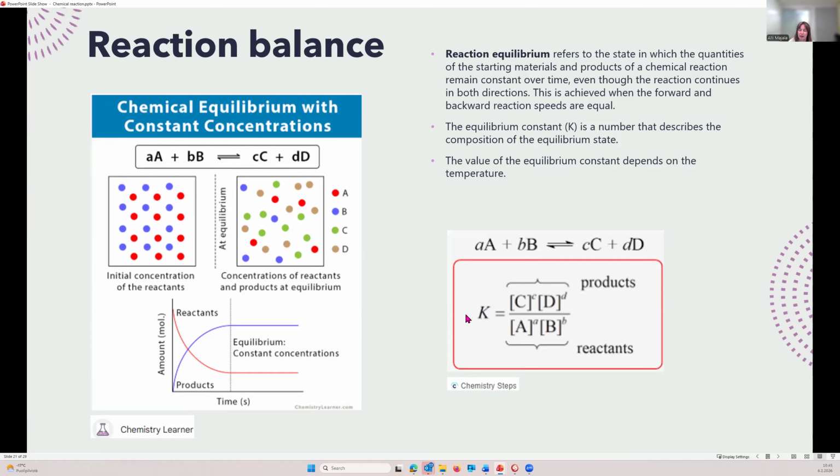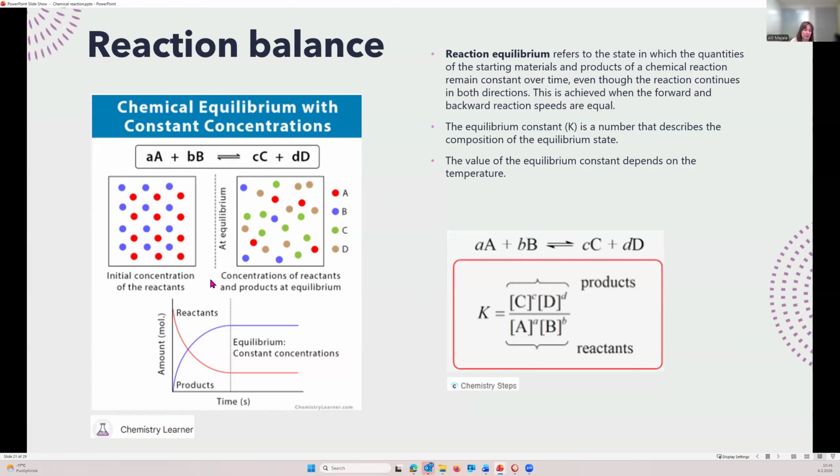And then you need this kind of constant K, which is called the equilibrium constant. This will describe the composition that is there in the equilibrium state. And it's temperature dependent, so sometimes when you heat up the solution or cool it, you can get it more to the products or more to the reactants,